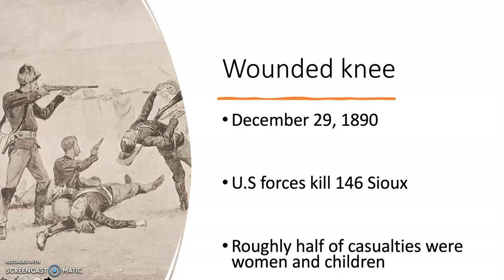But the argument that this is a massacre relies heavily on the fact that the Sioux were greatly outnumbered, and there were not a lot of male warriors in the group of Sioux that were surrounded, so historians feel that the Sioux men would not have taken the chance of starting anything with the U.S. forces without having the manpower. Another thing that furthers the argument for this being a massacre is that roughly half of the casualties of the Sioux were women and children. The U.S. forces ultimately lost 25 men and had 39 wounded.